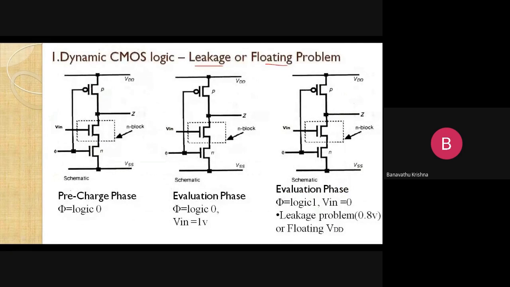So this is the pre-charge case. Pre-charge means that if the clock signal is 0, the pull-up device is always in the on condition. At every time the clock signal is 0, the P channel device, that is the pull-up device, is going to charge, right? Charge means here I take a capacitor like this. Okay, I make a capacitor connection here, so it is going to be charged because of this connection. This transistor acts as a closed switch here,